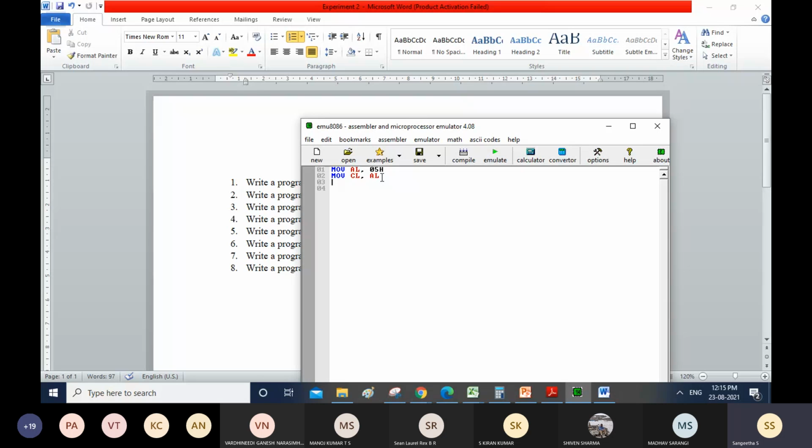For looping I am using a label, say back. Here you can use decrement of CL, because we are storing the AL value in CL. So you can decrement the CL value. Then you can use the multiplication instruction. When you give multiplication with CL, by default it will be multiplied with whatever content you have in your AL. So 5, once you decrement in the next round, becomes 4, and 5 into 4 will be multiplied.